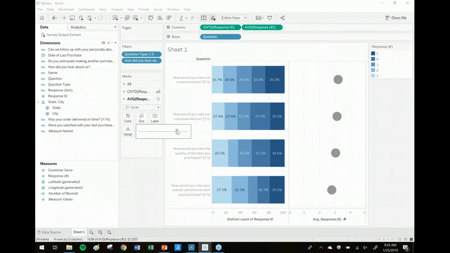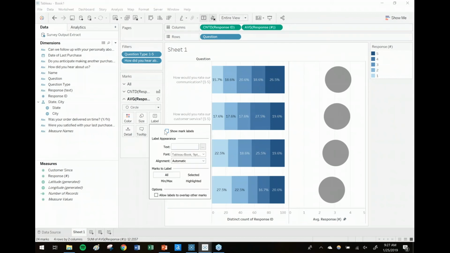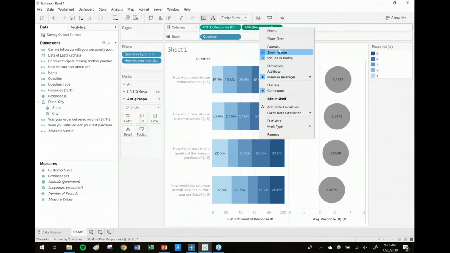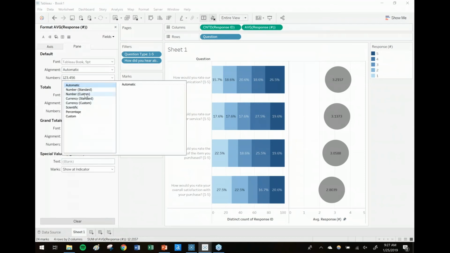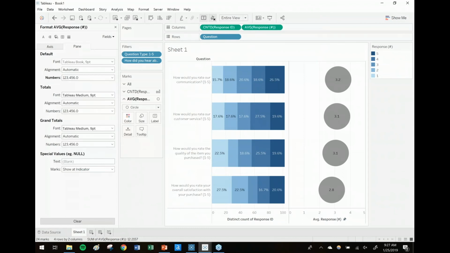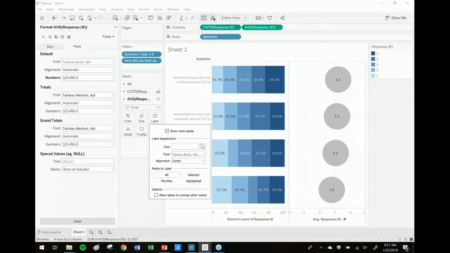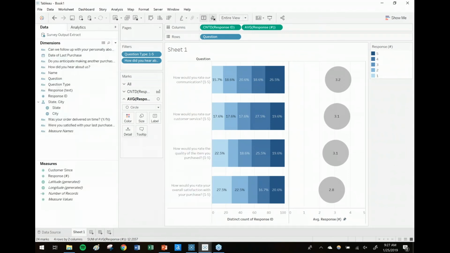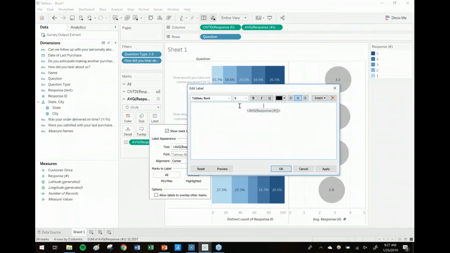Okay, a little bit of formatting at this point. I'm going to go ahead and show my mark label so I can see what that number is. Center it. Change the formatting so there's 1 decimal. Change the color so this is a little bit more toned down. Edit my label. Oh, I need to do it this way actually. That field on label, then edit. Do something like this. Okay, so my average response